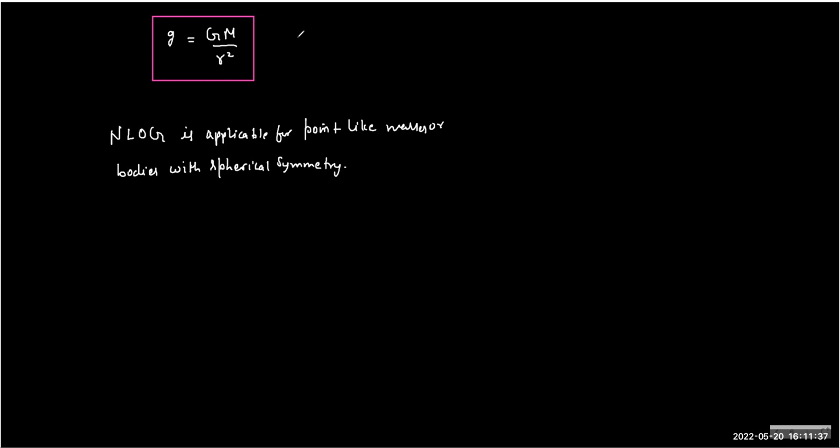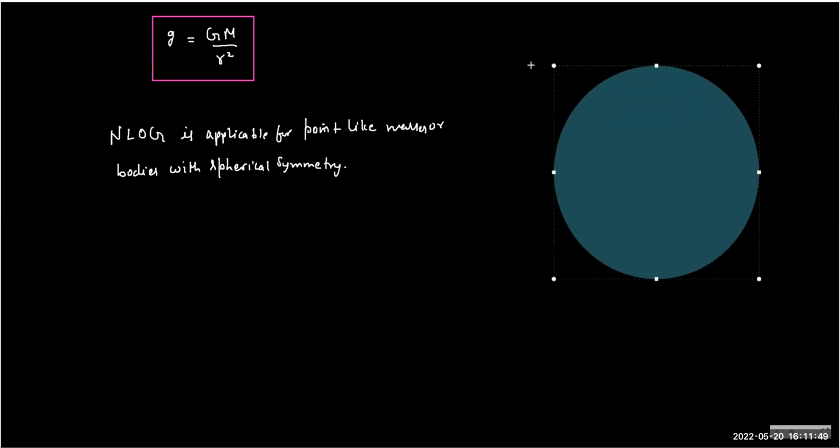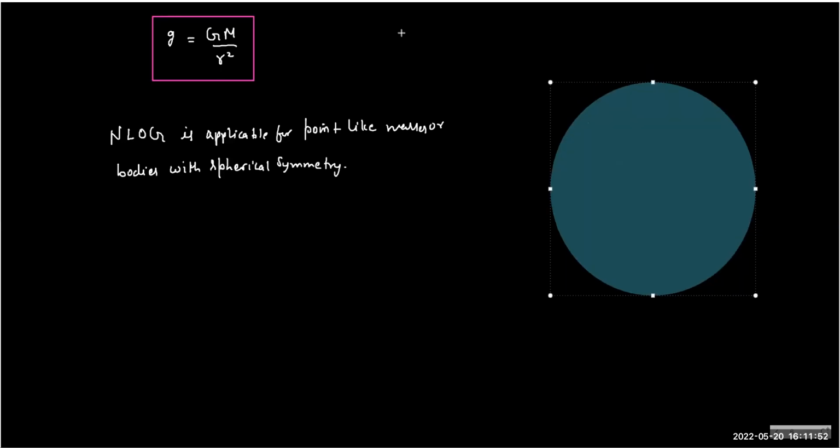Generally, we are looking at the acceleration of particles which are close to the Earth's surface. That's what we call g near the Earth's surface. So if you have a particle close to the Earth's surface and you release it, what is the value of g at this point? We can treat the distance of the particle from the Earth's center as as good as the radius of Earth, because h is almost negligible.